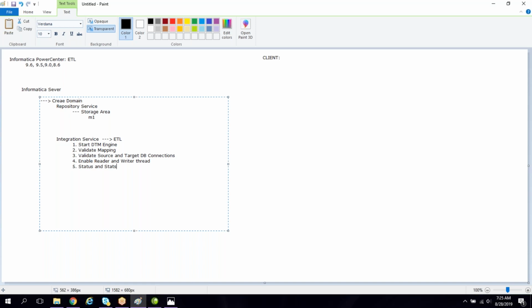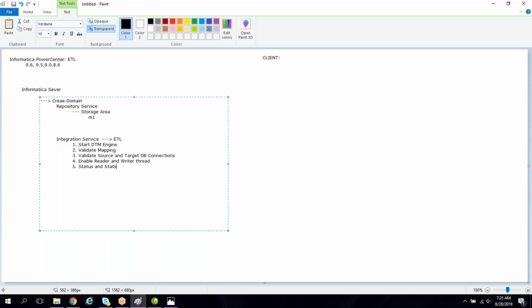Whereas the repository contains only the mapping, so there we just map from the source table or source column to the target column we have to load the data into, or whether any logic needs to be implemented while loading the data from source to target. Those things will be there inside the mapping. But the actual ETL task is taken care of by the integration service. That is the reason we need to create a repository and an integration service.